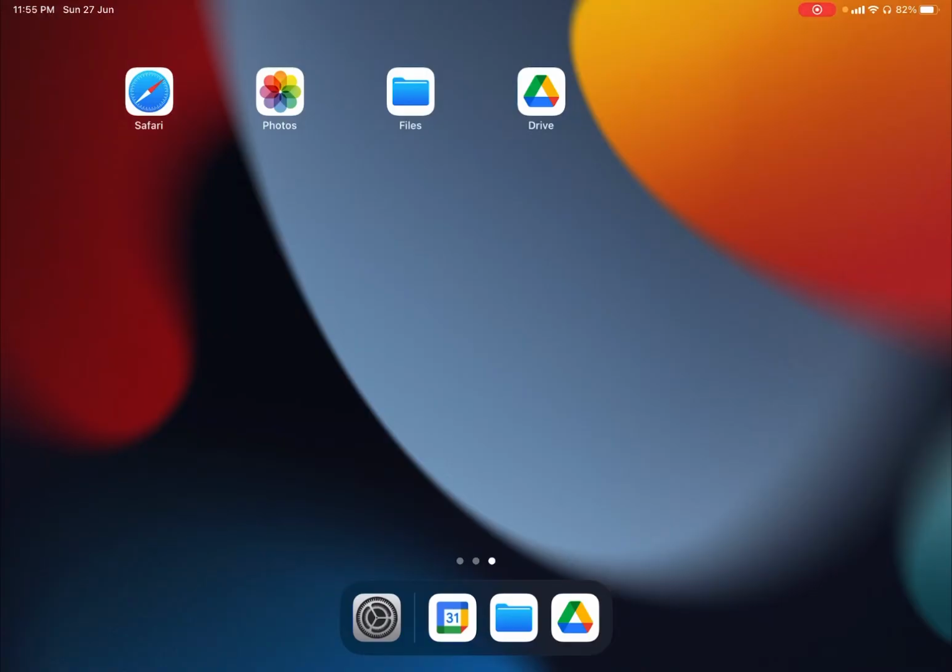Today, I'll be going through how do you use PDFs, how do you create a PDF, and how do you upload a PDF to your Google Drive. Now the first one I'll be showing you is how to create PDFs from Safari. So let's say I click on the Safari icon,